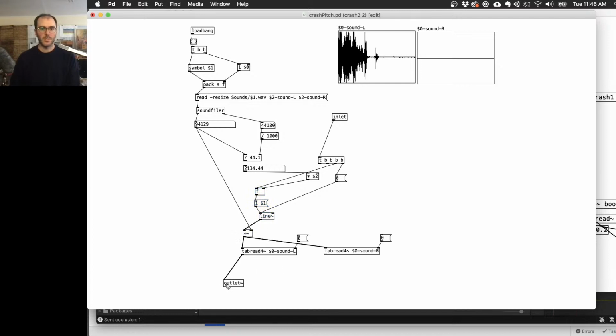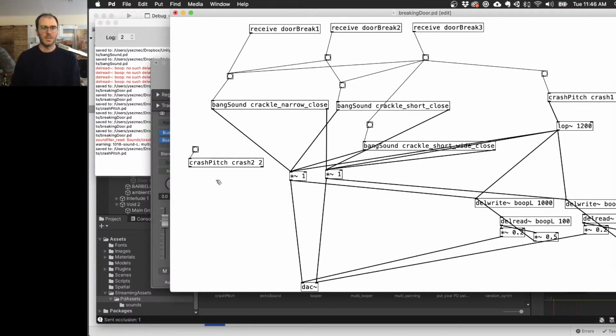Yeah, I can just do that. Outlet! Exclamation point. Okay. Is that enough? Yes. Okay, cool. And then I'm just gonna go straight out here. Oh yeah. Okay, so